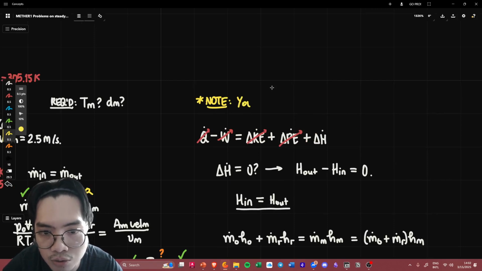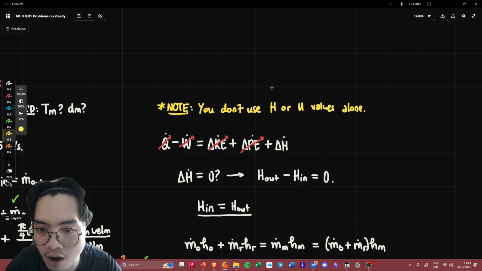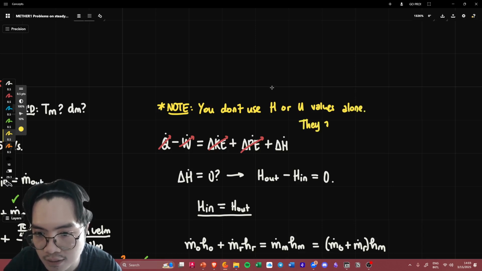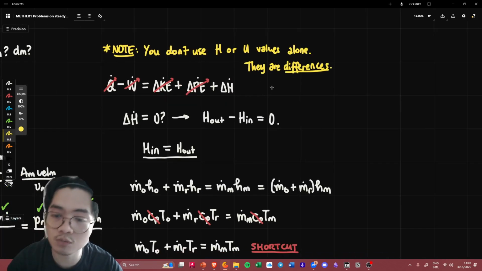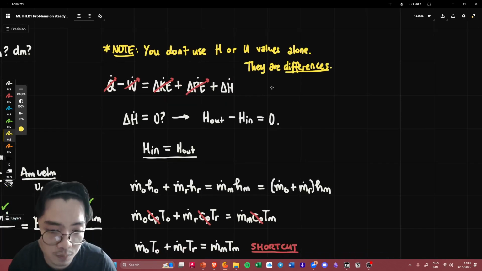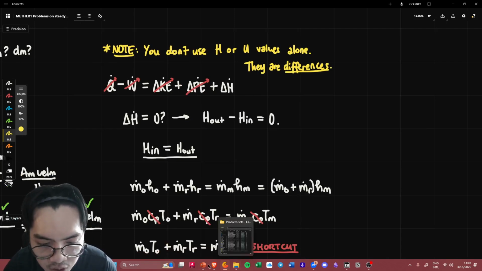You don't use H or U values alone, right? They are differences. Differences with respect to what? Differences with respect to some reference point. I remember seeing some of that reference point